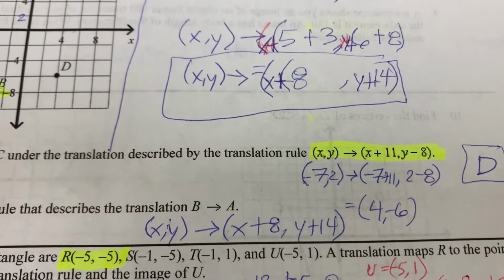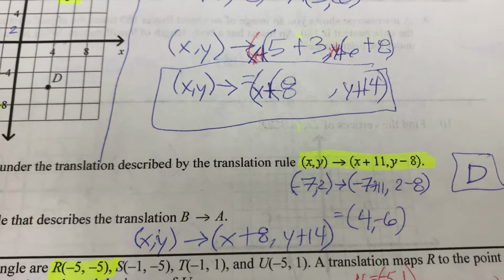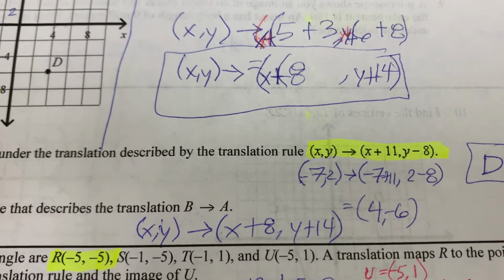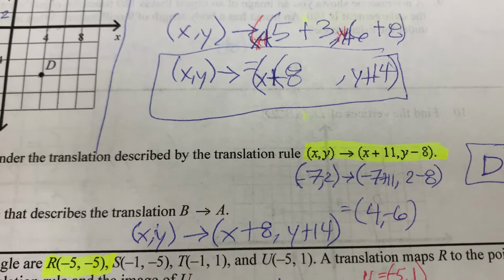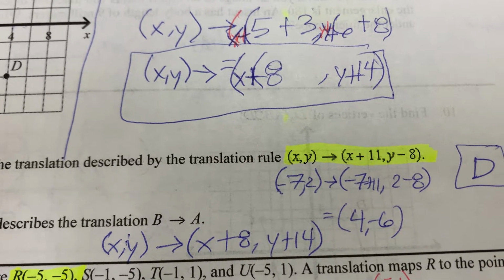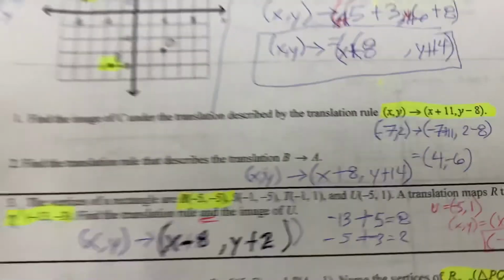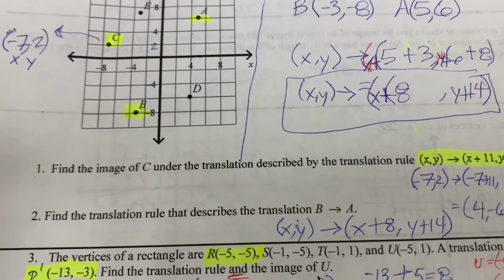First of all, in translations, all you're doing is you're moving it. This is just like to a location. This is all about location. Okay, so this is telling you you're going to take the original point, whatever it is, and it's going to be changed by adding 11 to the x and subtracting 8 from the y in this particular case. So on this one, this says we're